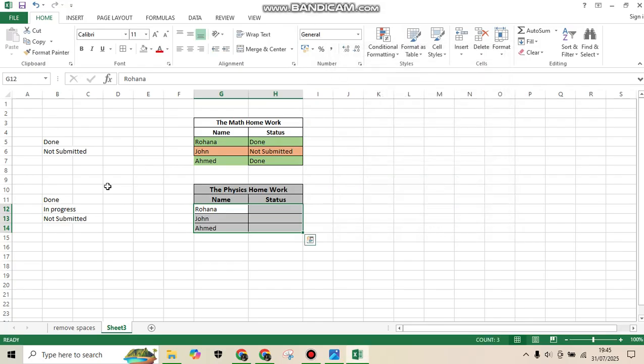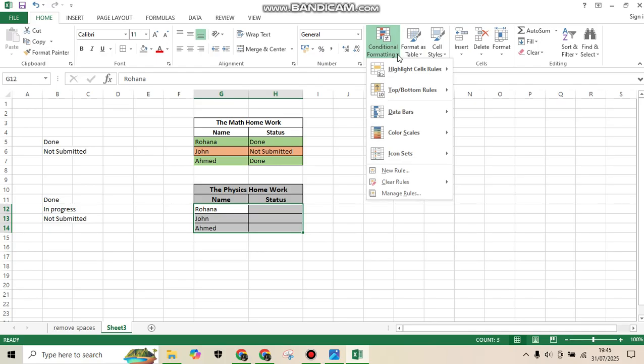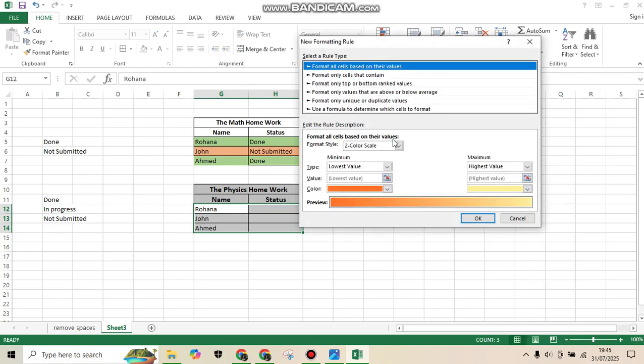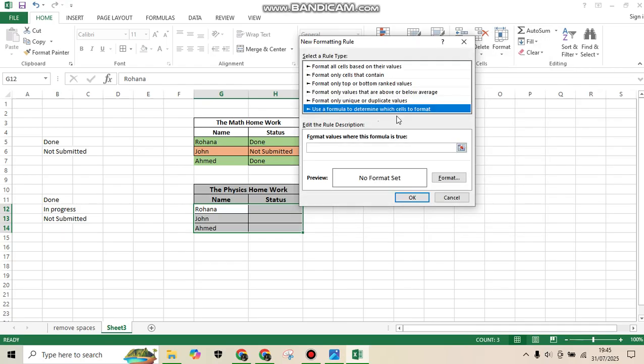Then I will do the same for the rest of the options. The second one is Progress. The cells G12 until H14 are still selected. Then I will go into Conditional Formatting, New Rule. Use a formula to determine which cells to format. And again, in the box for format values where this formula is true,